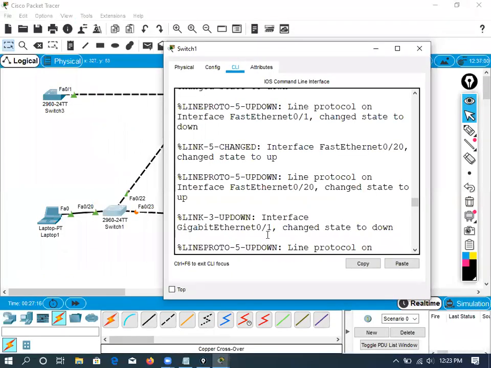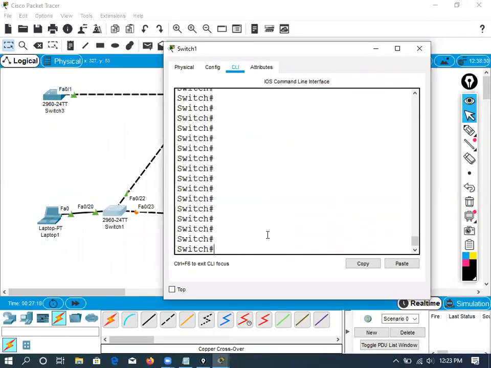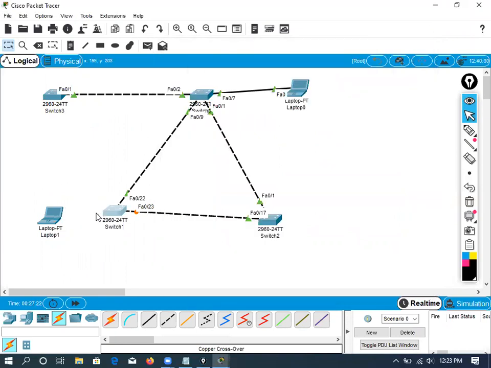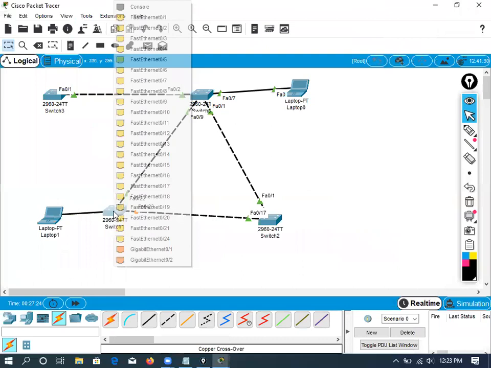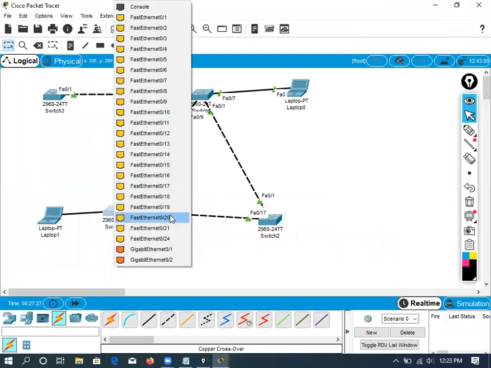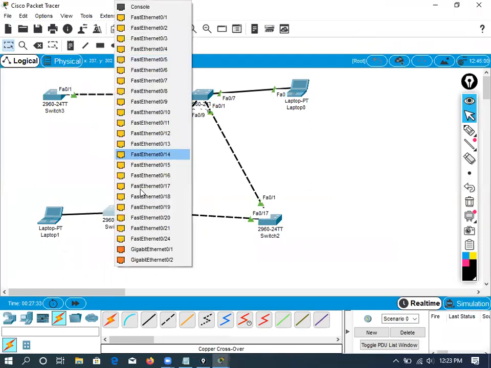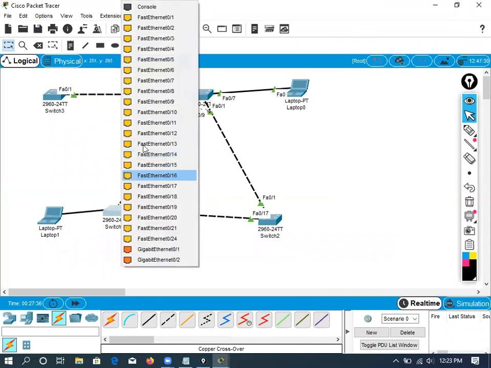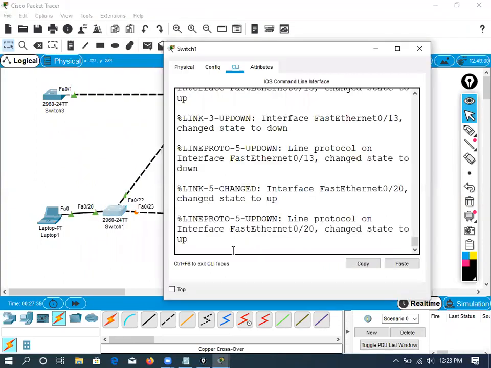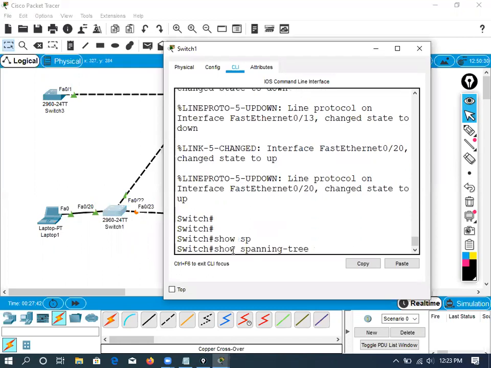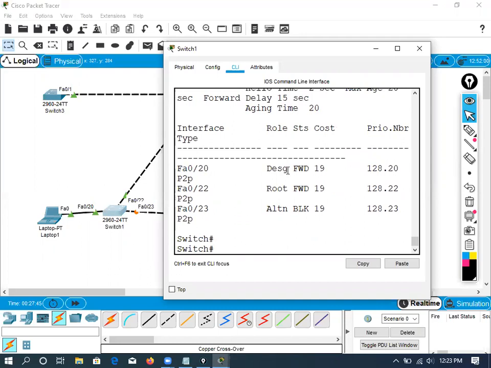Now have a look here. We'll go for the verification now. I'm going to take this. I've removed it. Just connect. Oh, we should connect to 0/20. Oh, look here, 0/20. I'm connecting now. Immediately it came up. You connect to any other interface, it's taking time. You connect to 0/20, immediately up. Run show spanning-tree here. 0/20 is in forwarding state, designated by default. Clearly understand? This is how we can verify STP, and we have seen the port path, and we have changed the cost values there, right? We have changed the interfaces. We did all the kind of verification.